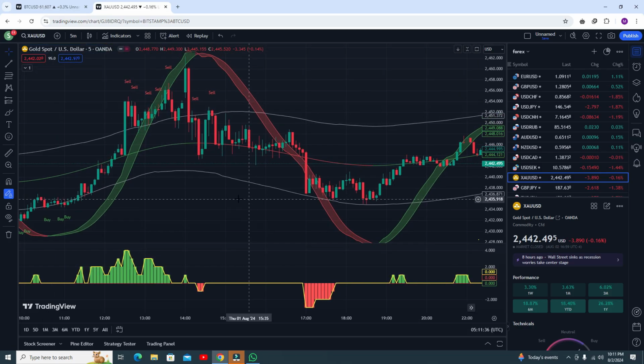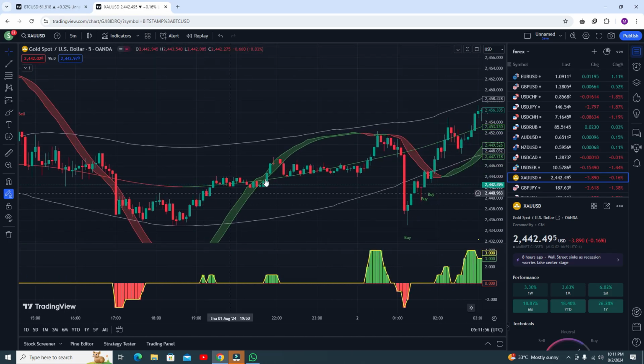Here you can see there is some small sell volume and you are getting a sell signal, so you have to go for the sell trade and you can book your profit here. Okay, there is no volume and the candle is very close to the lower band line. Unfortunately you did not get the sell signal, but you need to go for the buy trade. Okay, and you can book your small profit here.